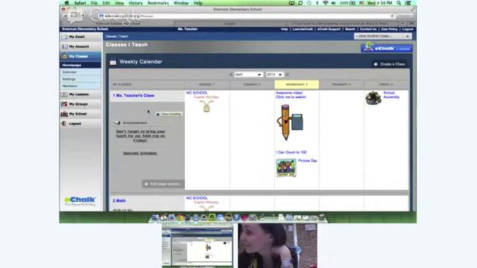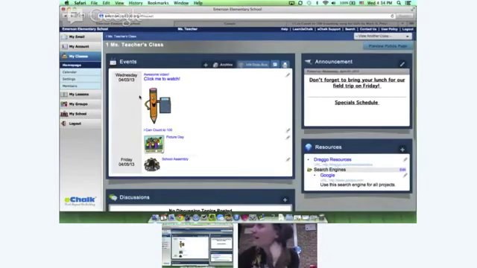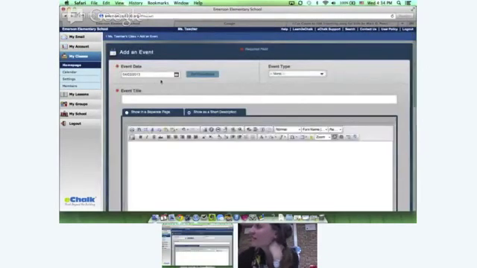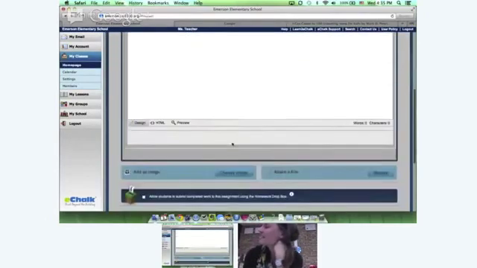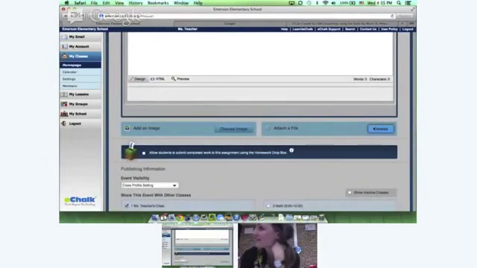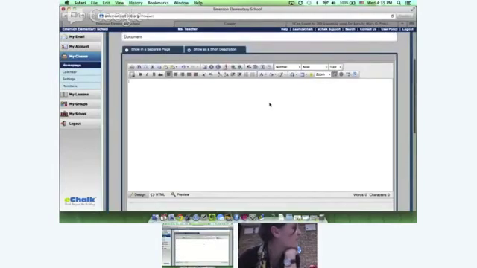So I'm going to create an event. And let's say I need to give out some sort of document. I can attach the document right here, attach a file. But if I attach the file, then the person who's looking at it has to download the file. They don't have a choice. They have to download it. If you just need somebody to see a file, like as a reference or as an example, instead of attaching it,